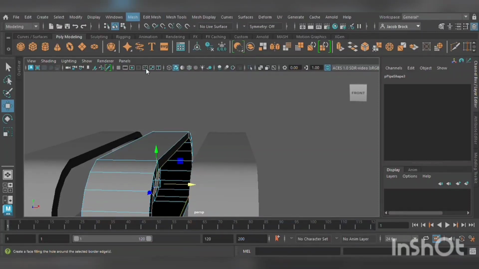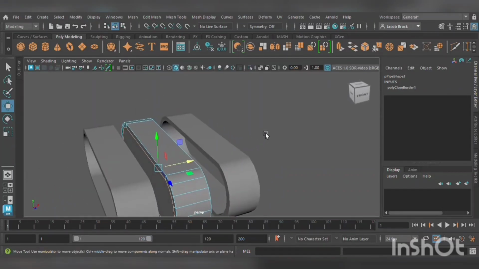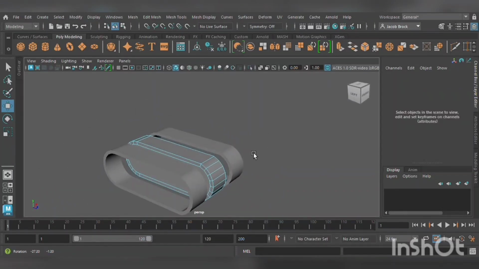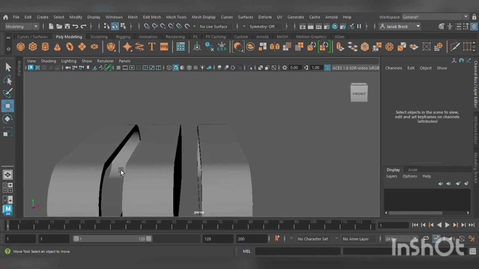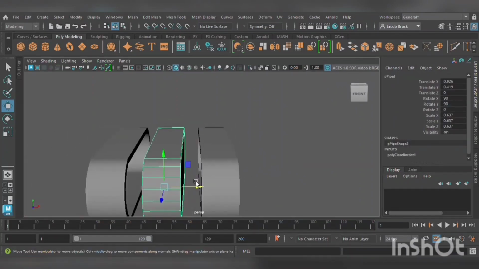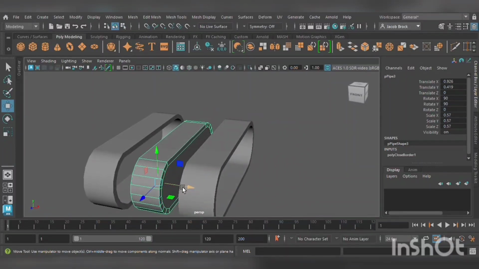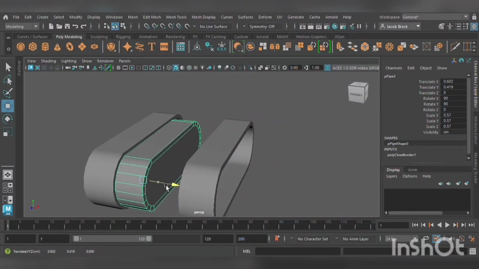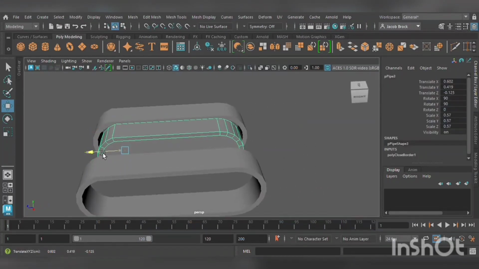and mesh fill hole. And what that does is that basically just made the rough shape of just the standing part of where these wheels are going to go. So we're going to scale this down just a little bit. We're going to scale it down so that it needs to be a little bit smaller than the original one. So we're going to scale that a little bit